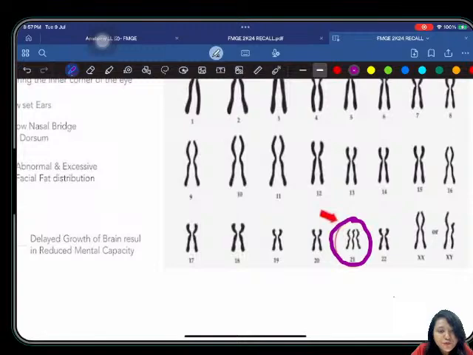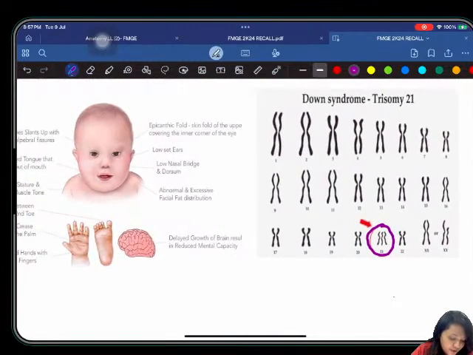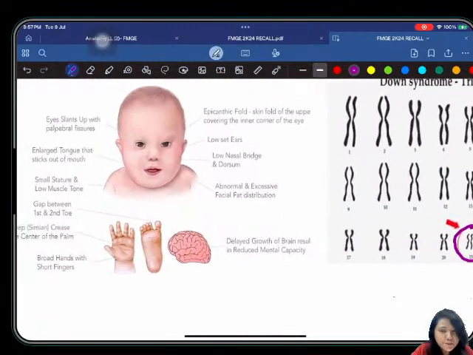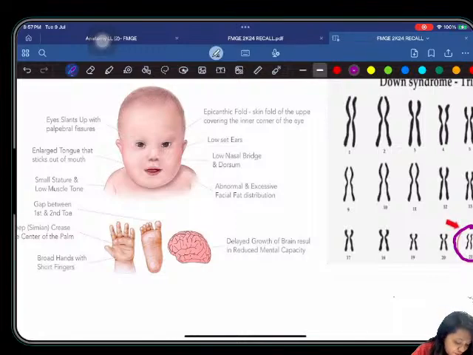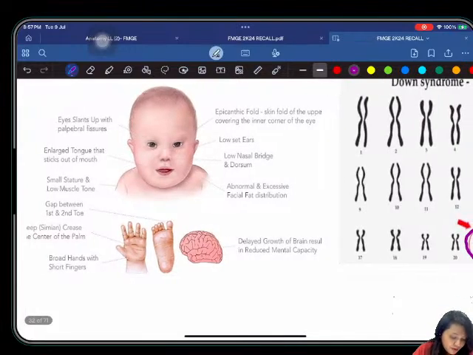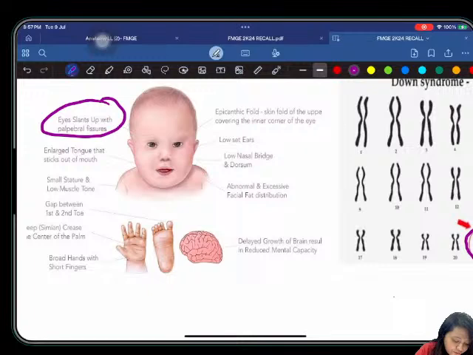This is trisomy 21, that is Down syndrome. You have mostly seen some patients of Down syndrome in the pediatric OPD as well. You will have eyes slanting up with palpebral fissures. You can see an epicanthic fold, that skin fold covering the inner corner of the eye. So you get epicanthic folds, low set ears, the enlarged tongue, a low nasal bridge and the